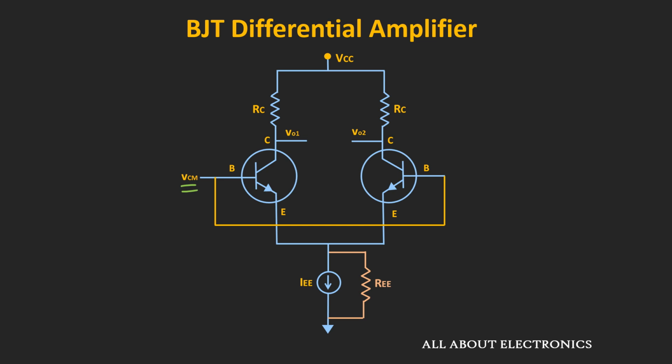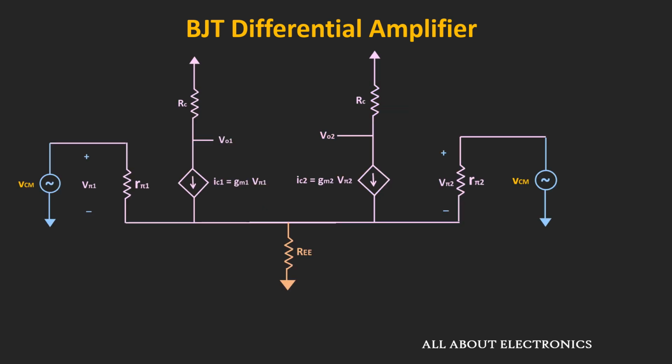And to find that, first of all, let us draw the small signal equivalent circuit for this particular case. So if we see the small signal equivalent circuit, then it will look like this. Here, this resistor RE is the output impedance of the current source. Now here, since both transistors are matched perfectly and the input to both terminals is the same, we can